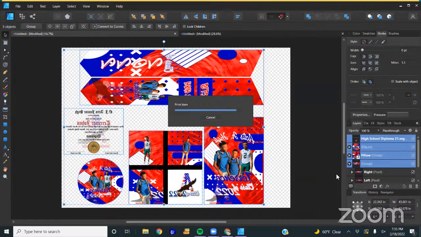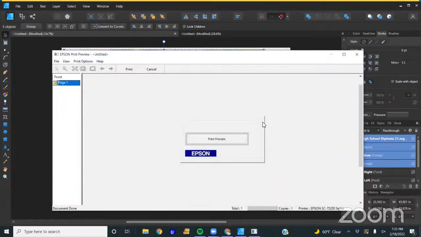So really for this design right here, the only thing you would have to tape together would be your stole and the backside of your pillow, if you wanted it to be a full bleed, honestly. Everything else can fit on 13 by 19 or smaller. Okay, I was like, it finished. Where did it go?